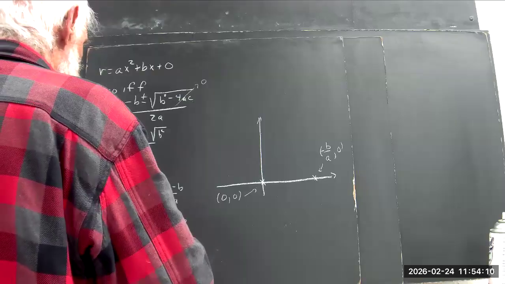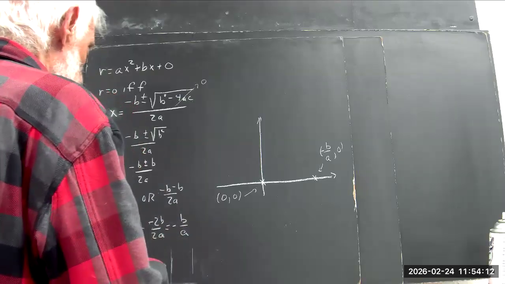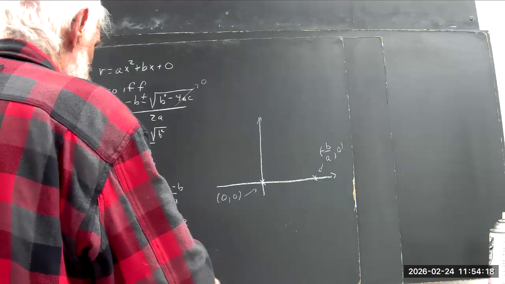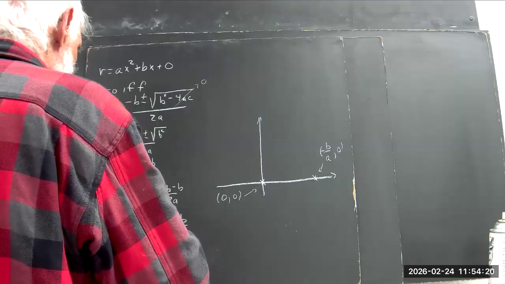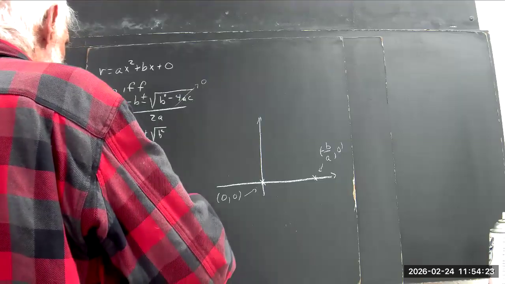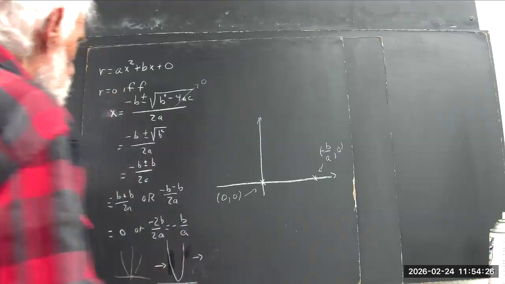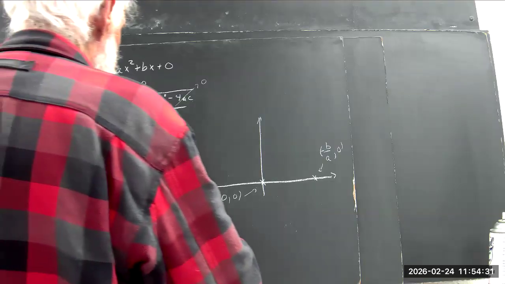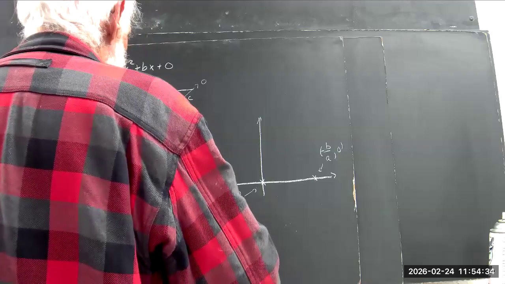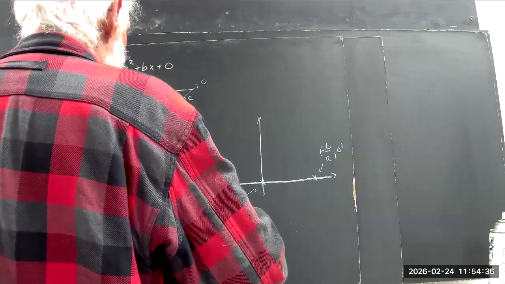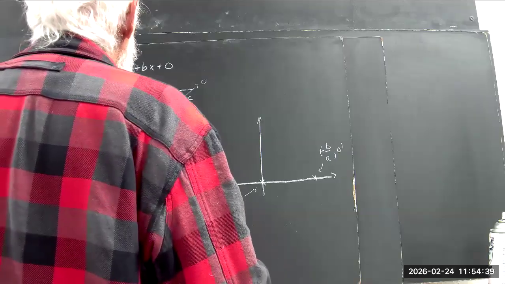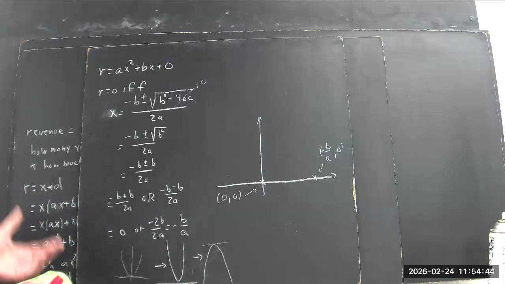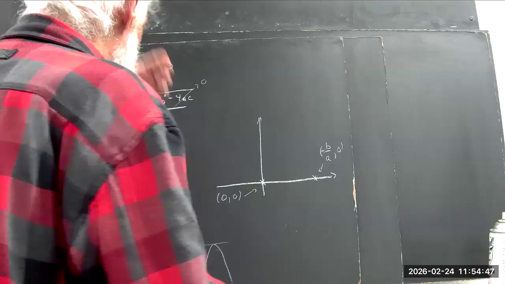Here's your horizontal line. And you vertically stretch it, so maybe it gets a little steeper. And then what do you have to do? Since a is negative, you've got to flip it across the y-axis. So this gives you a function that's going to look like this. Okay, it's going to look like this, but